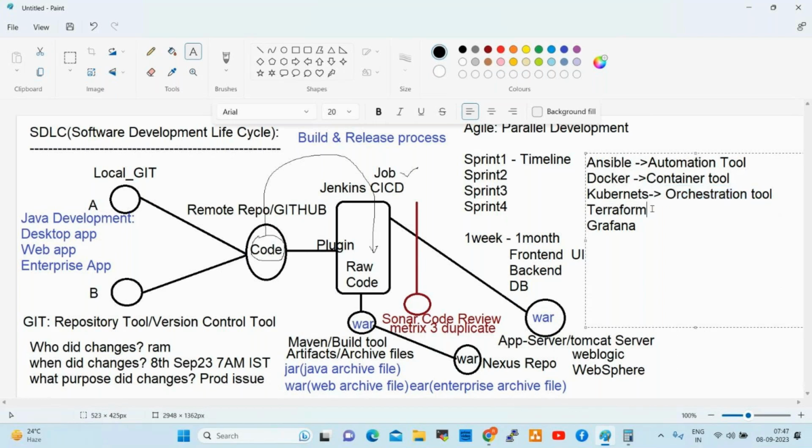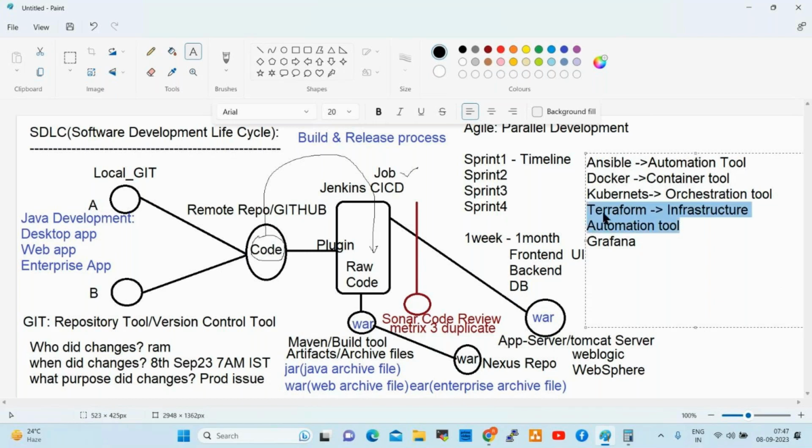So next one, Terraform. What is Terraform? Terraform is an infrastructure automation tool. What is an infrastructure automation tool? It will automate the infrastructure.